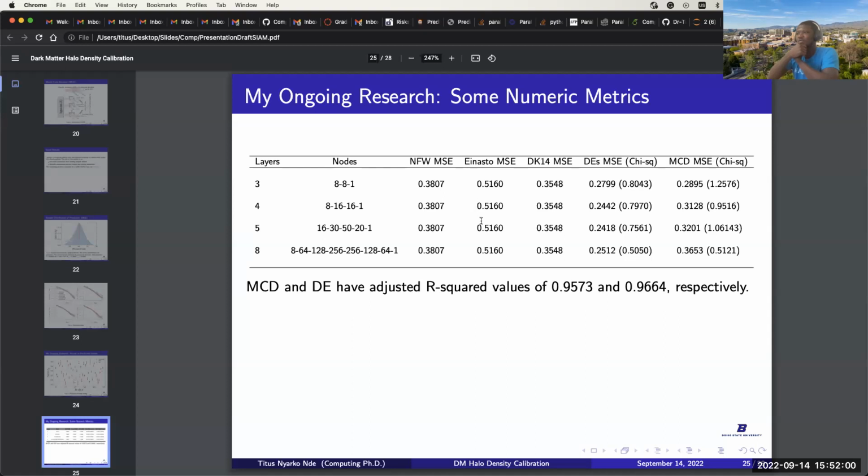So a bigger value means that the prediction is poor. The smaller the value, the closer the predictions are to the actual values. If the value is big, the predictions are far from the actual value. So in this situation, I think Einasto is actually not doing well. Okay. Thank you.